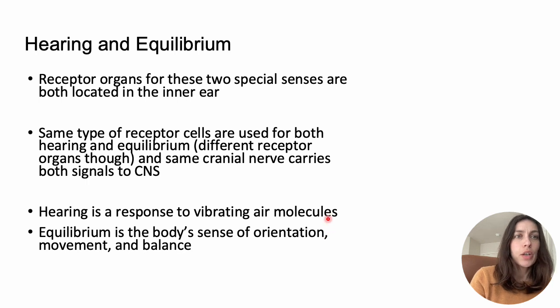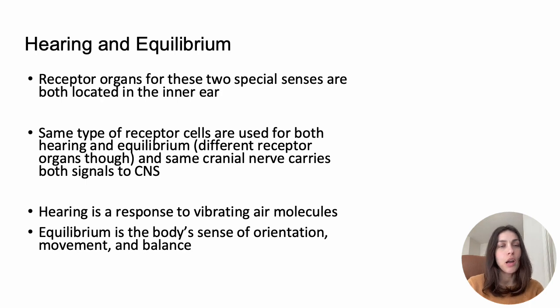There it is. So, receptors for both hearing and equilibrium are located in the inner ear, and like I mentioned prior in lab, it is likely because the animals from which we evolved had inner ear structures that were important for equilibrium even back when our ancestors lived in the ocean. Those are relatively old animal structures, and then evolution, as it often does, built up on top of that a different sense using many of the same tools that were available.